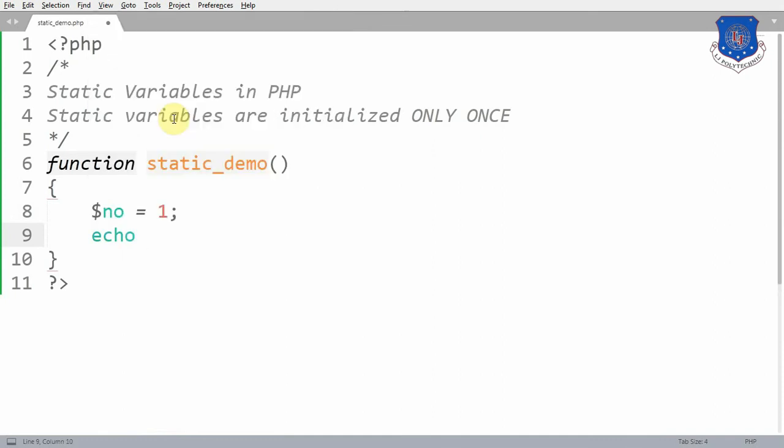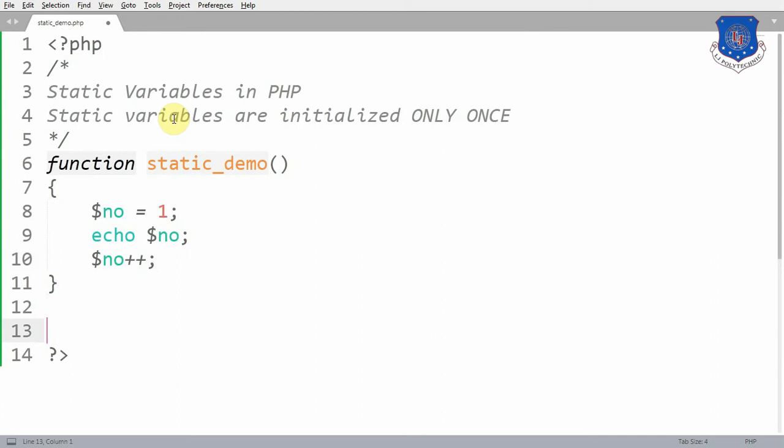Then I am showing the value of this variable, and then I am incrementing it by 1. So only 3 lines are there inside my function. First I declared a variable, then displayed its value, and then incremented it by 1.